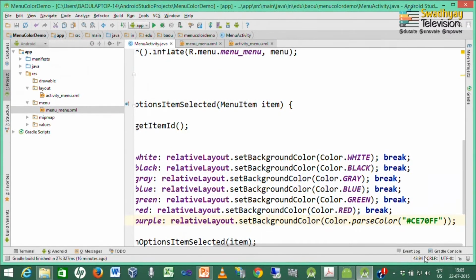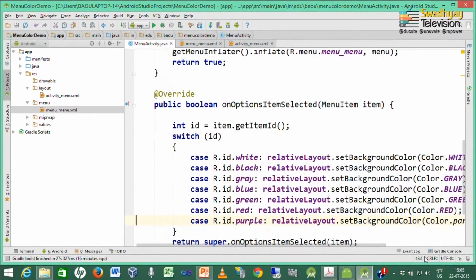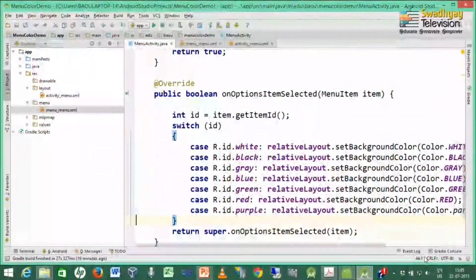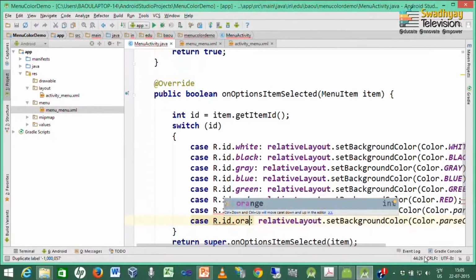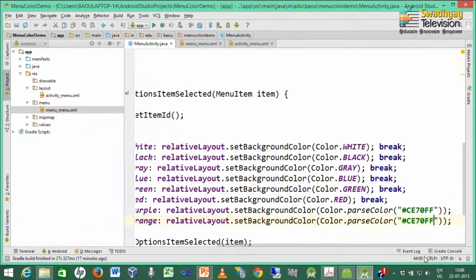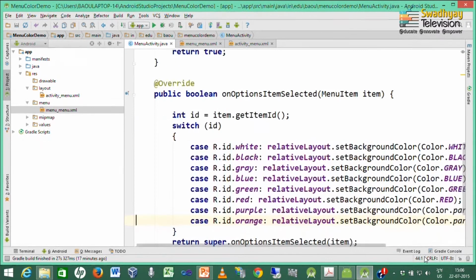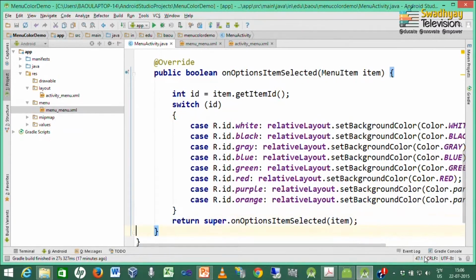So, how to get this value? You can find this value from a color palette, and for orange there is no constant associated with orange, but here you can specify a hex string, which is FF9300. So, here we mention all these colors inside this onOptionsItemSelected.